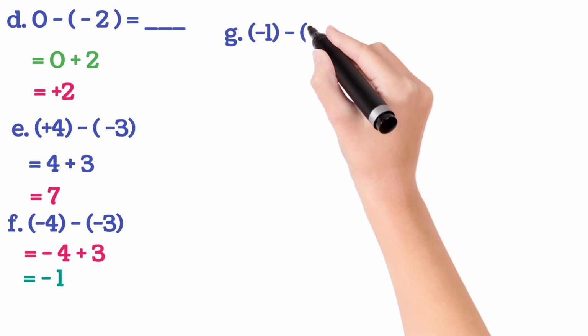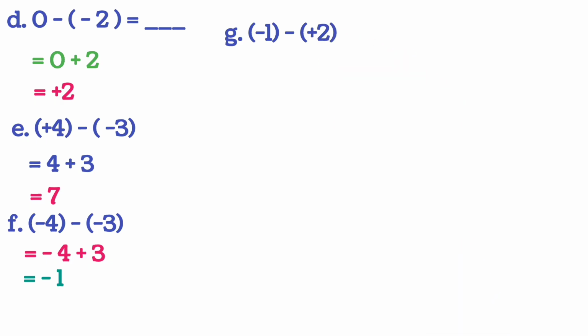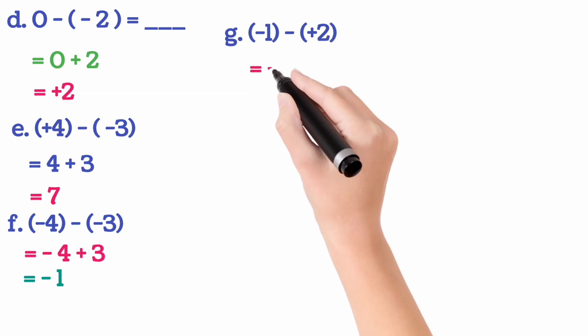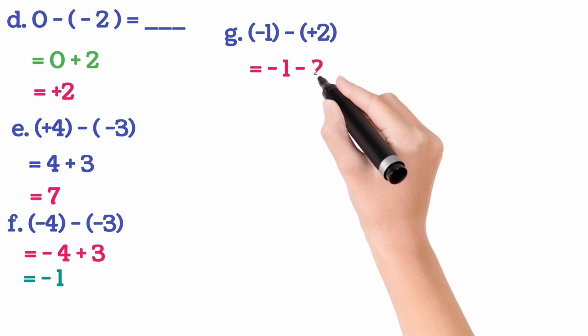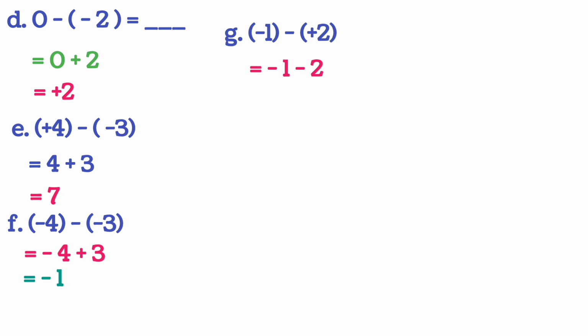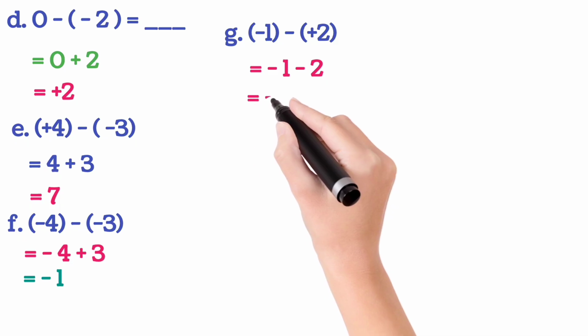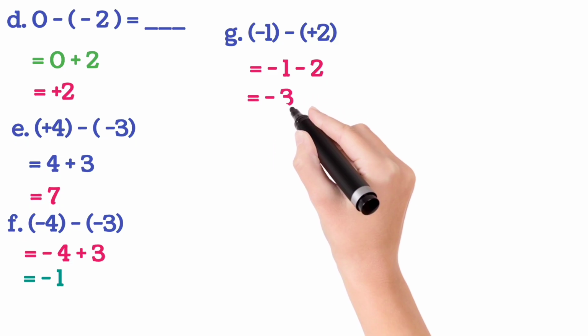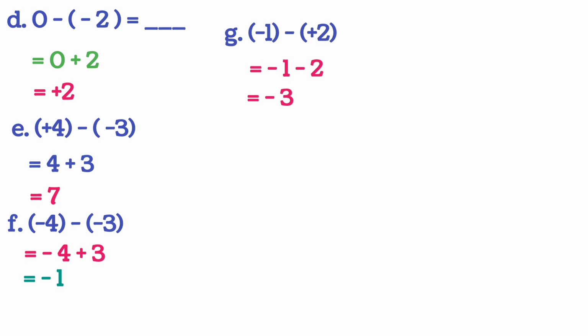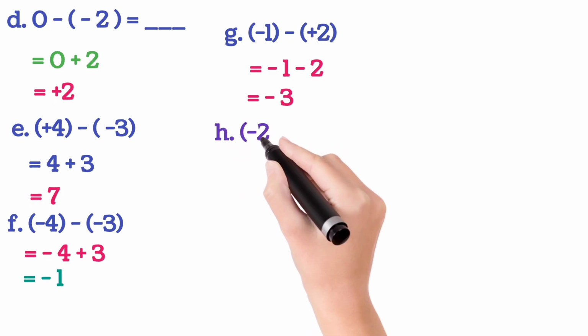Okay, so come to the next sum, that is number G, minus 1 minus plus 2. So let us solve. First we will write minus 1 minus plus minus 2. Now again both are negative integers, minus minus, so we will do plus. So what will we get? Minus 3. Right, so to reach the basement from the second floor, which button will you press inside the lift? Minus 3. Understood now? Now the next sum.